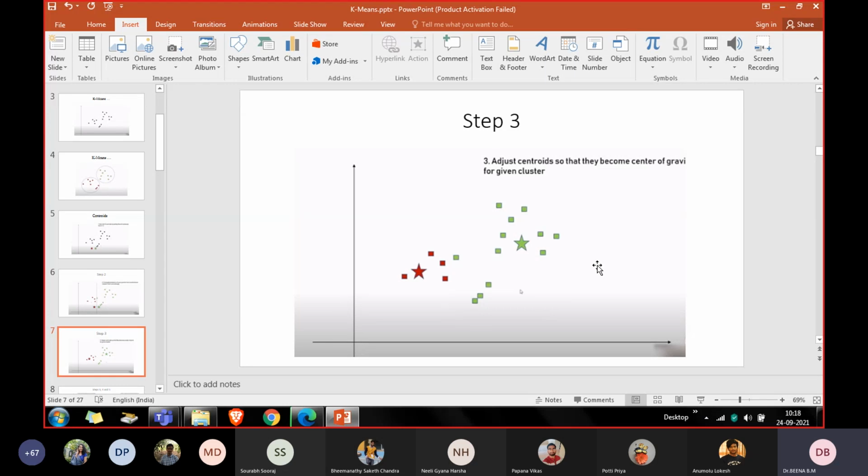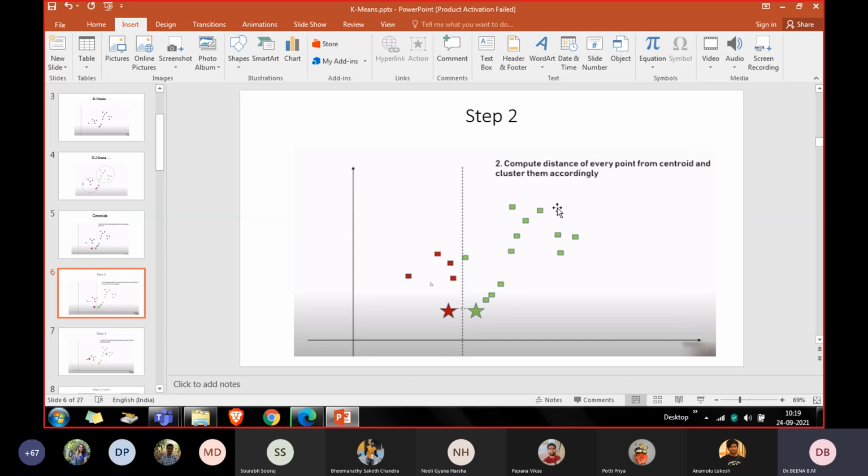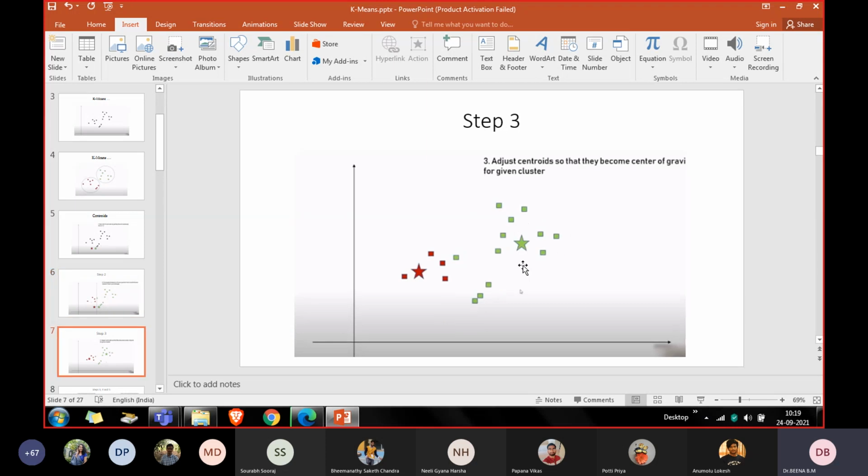Adjust the centroids so that they become the center of gravity for the given cluster. Here, in the red cluster, all the data points, we have to find the center of gravity for this. And similarly, we have to find the center of gravity for this particular region.